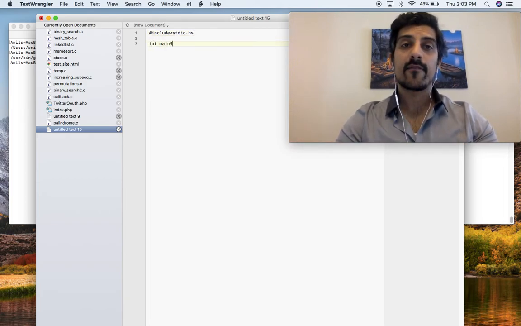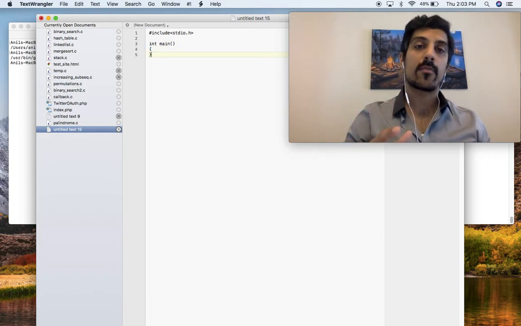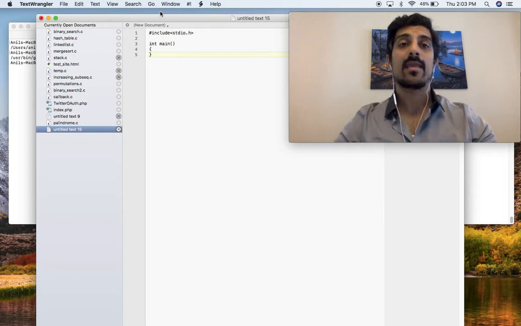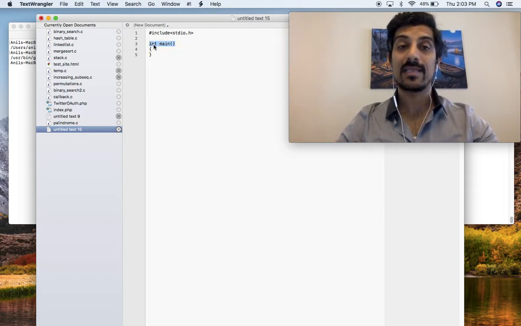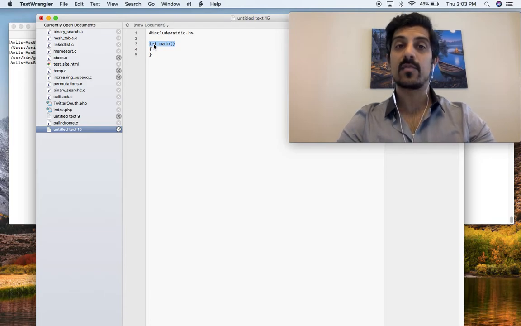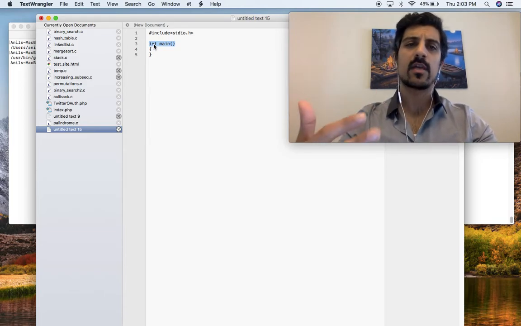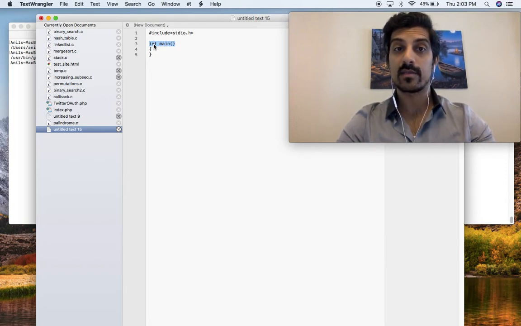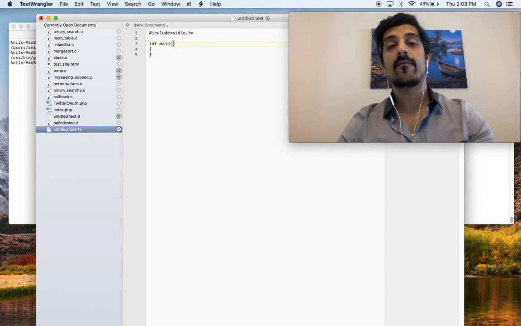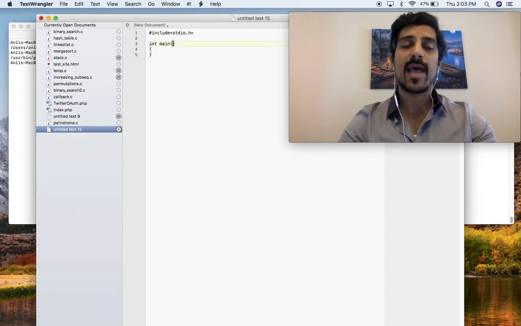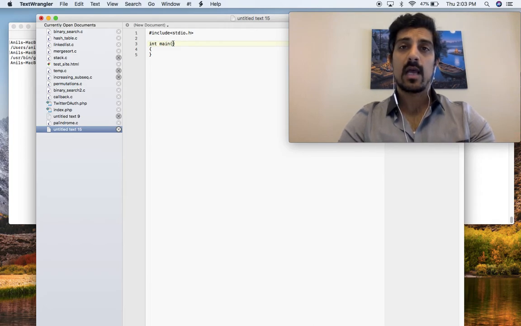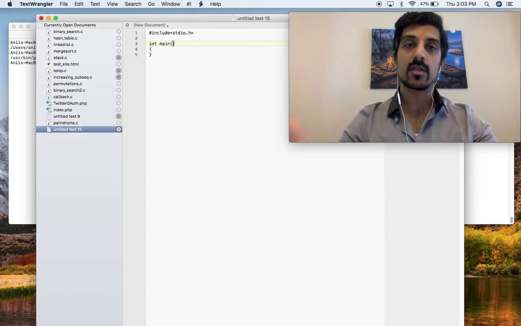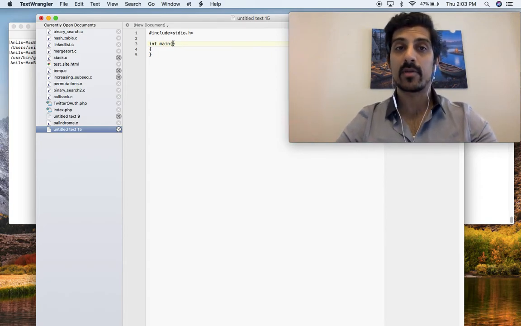The next step is that every C program starts with the main function. The main function is your primary entry point into your program. The way we define it is simply int, which is short for integer, and that's the return type of the function. I'll go over this in more detail later on. But for now, just int main and then open and close parentheses. In later videos, you'll see us add stuff within these parentheses, particularly as we define other functions. For the purpose of this video, we're just going to have one function, the main function, with no command line parameters.